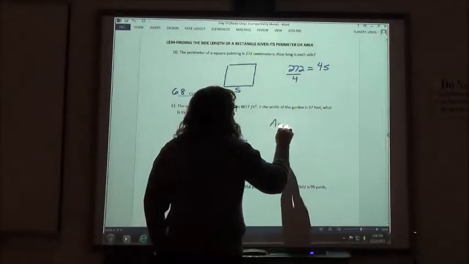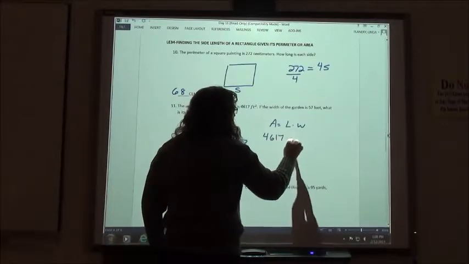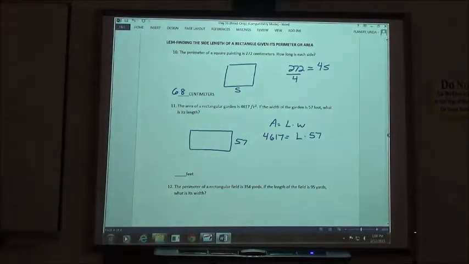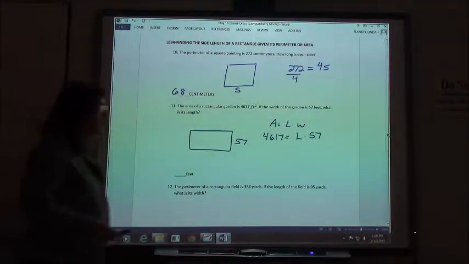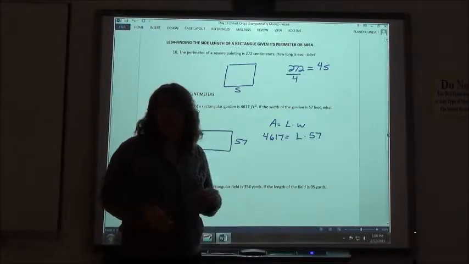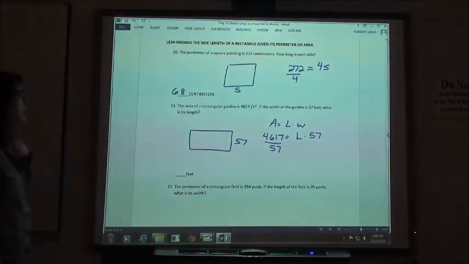So if area is length times width, I know the area is 4,617 and I know my width is 57, then 4,617 would have to equal length times 57. That's a lot. In order to solve that, what would I have to do? If this is multiplying here, when I move it over, I'm going to divide. I'm just going to end up dividing by 57. So if you take 4,617 and you divide it by 57,